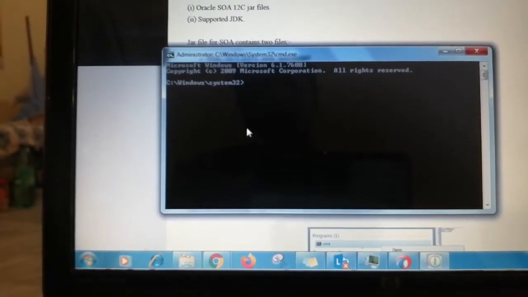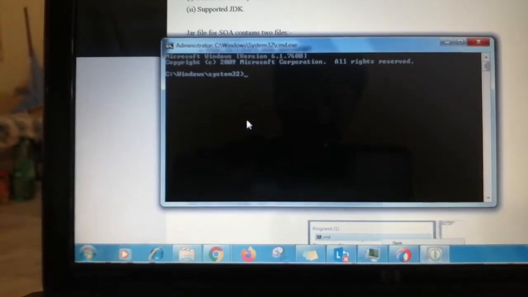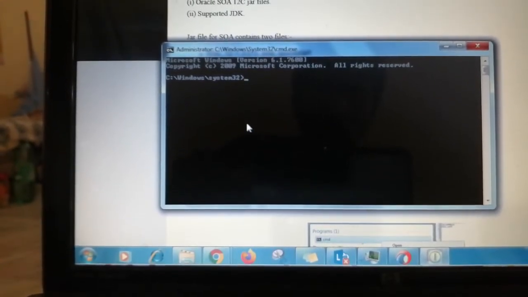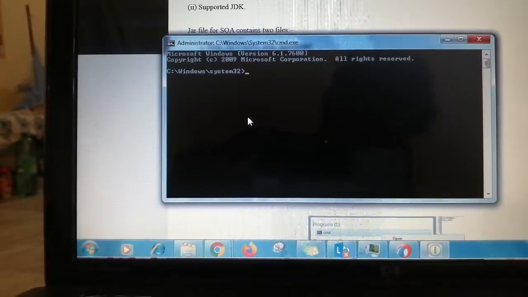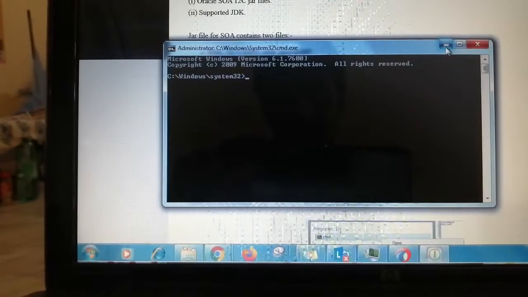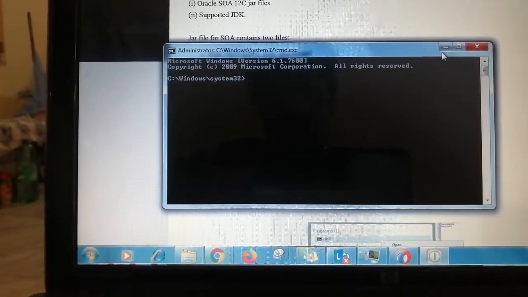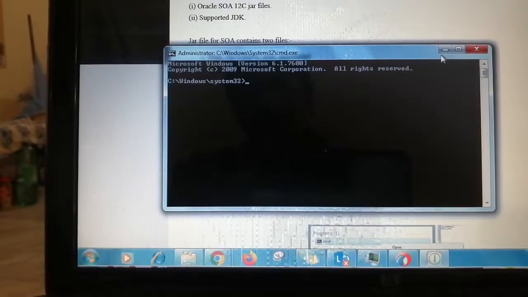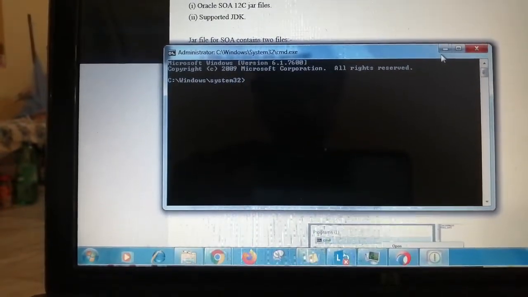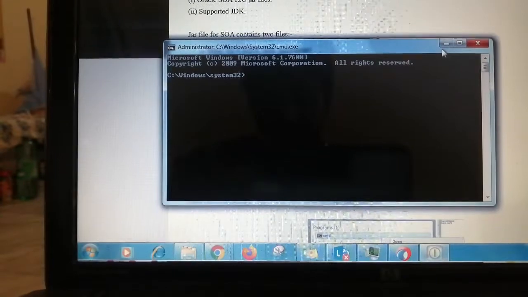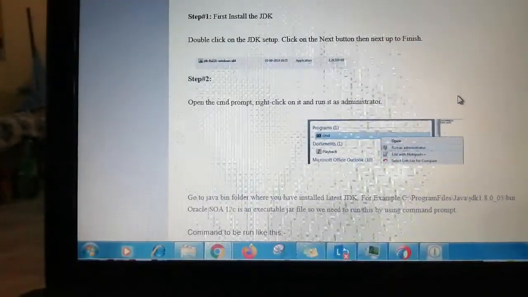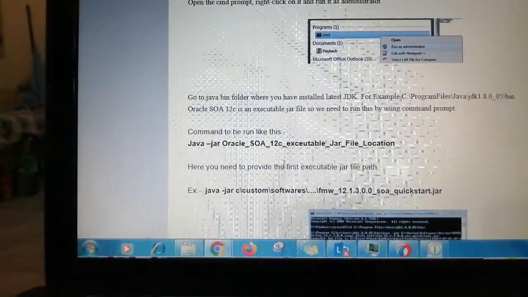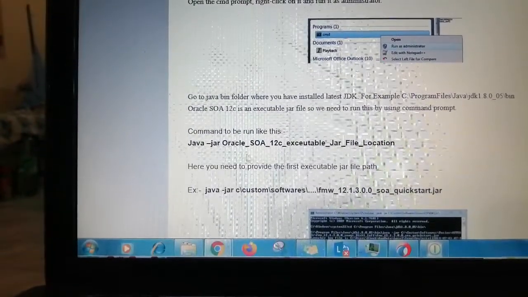After that, you have two jar files for the Oracle 12c installation. First you need to take the quick start jar. Go to the folder where you placed this jar, like in the C drive or on the desktop, and take the path of that jar.